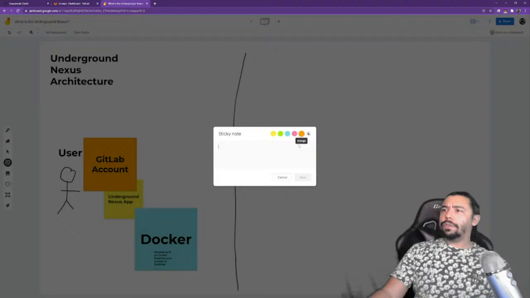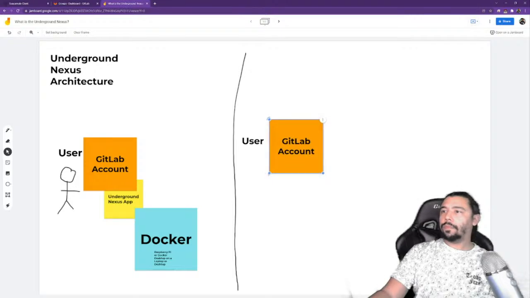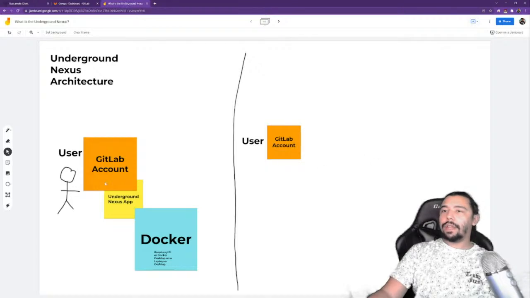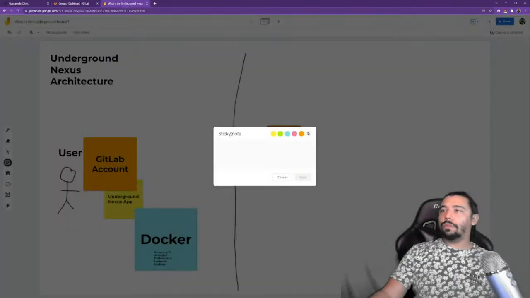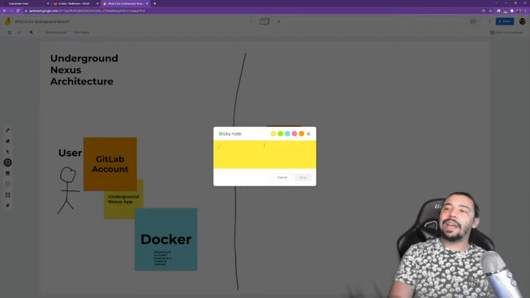So when you're using your GitLab account, if you sign up for our program, then what that does is that adds you to the DevSecOps dojo, the only location where the Underground Nexus app lives right now.